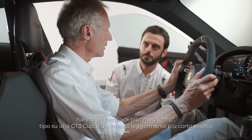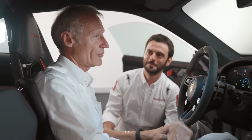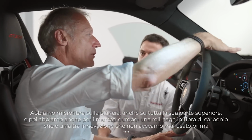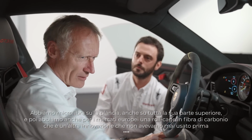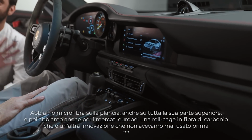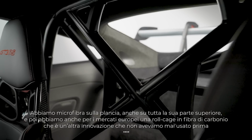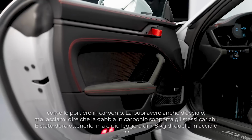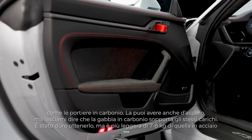They're a little bit shorter, a little bit more crisp. That's from the steering wheel. We have a microfiber on the main dash, so we use extensively the microfiber that we have here, for example. We use it on the upper part as well. We even have, for the European markets, a roll cage made out of carbon fiber. That's another innovation, like the door, that has never been before on a standard road car. You can have it with a steel cage as well, but let me tell you,